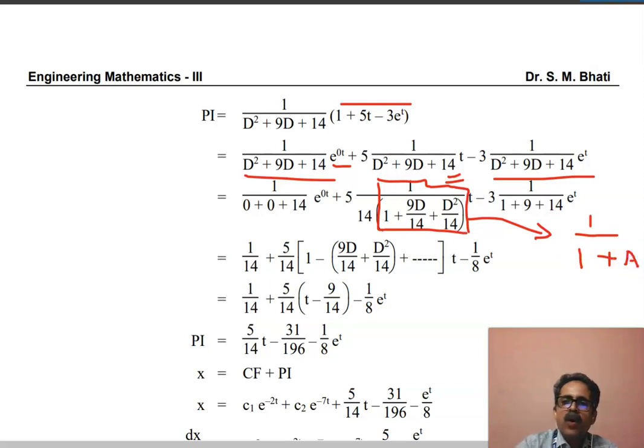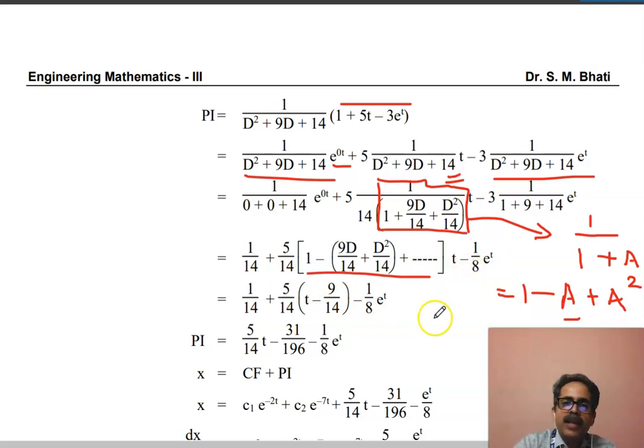And you can see that the role of a is played by 9d/14 plus d²/14. So apply this expansion formula for 1/(1+a). What is the expansion here? 1 minus a plus a squared. So powers of a go on increasing, and we have alternate plus and minus signs. So use this expansion formula in the square bracket,